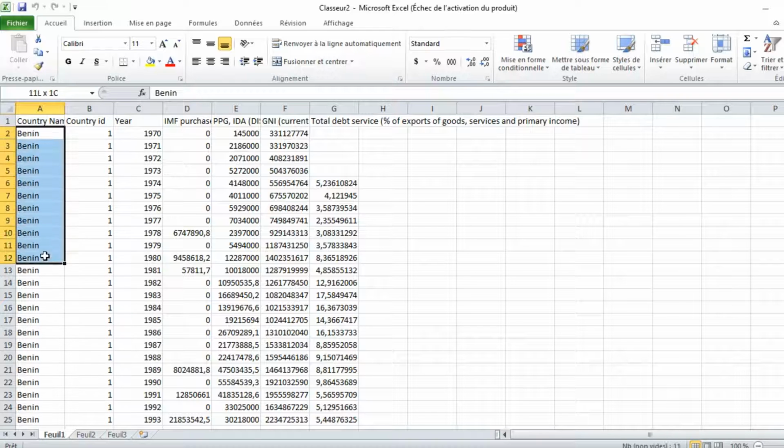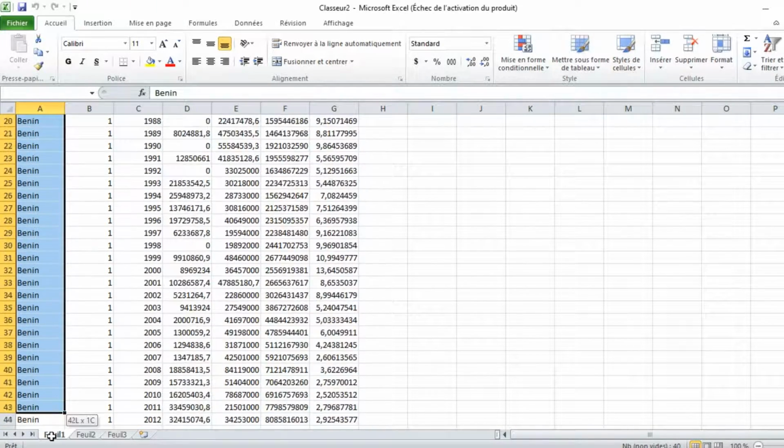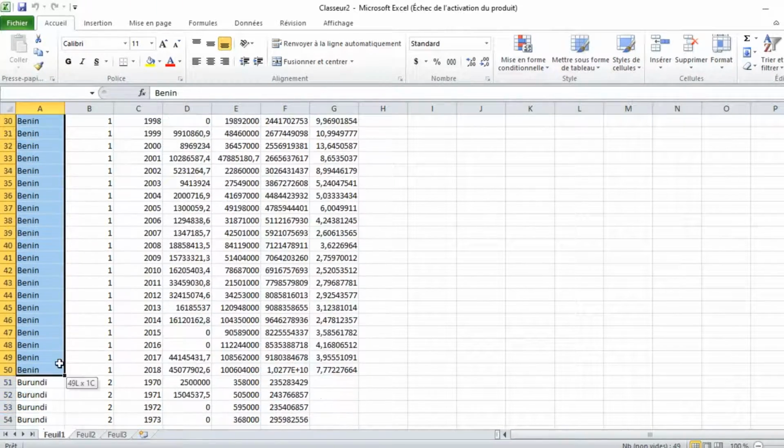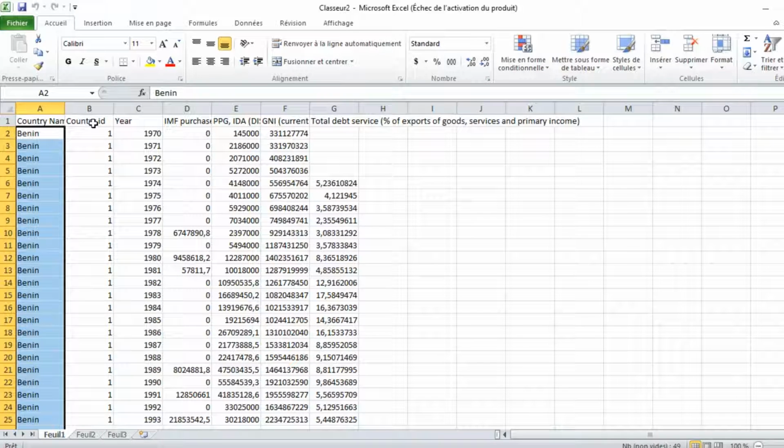certain manner. So we have a series of 36 countries representing countries in sub-Saharan Africa in this Excel file. So we have the first country, which is Benin, which has in the second column the country ID 1. So we have here observations of different variables